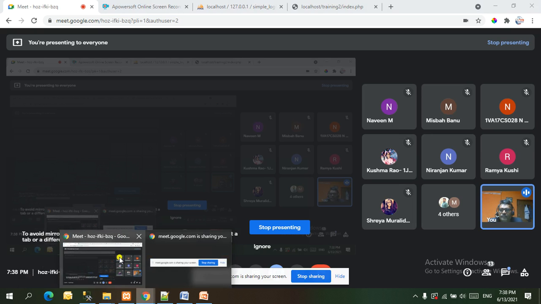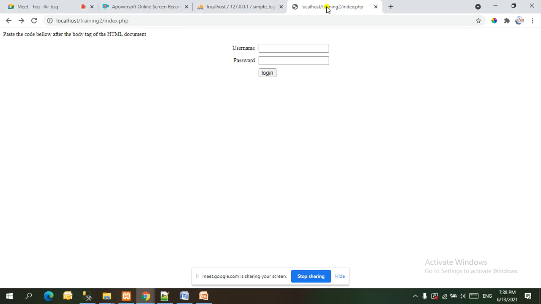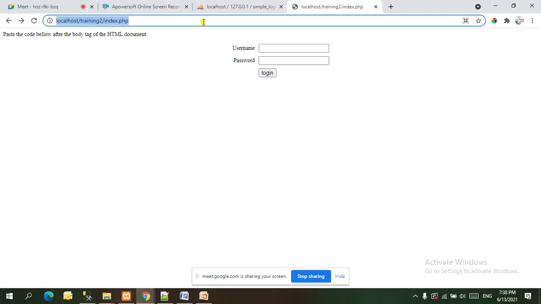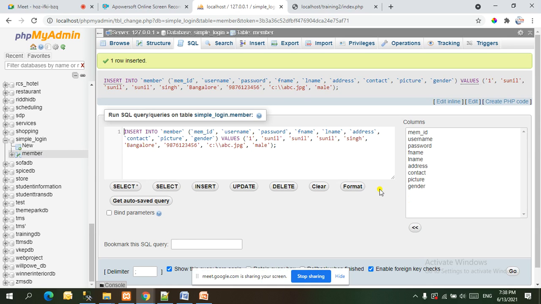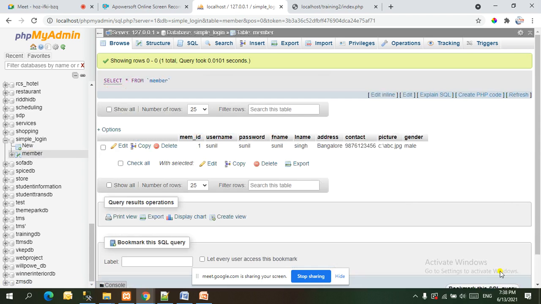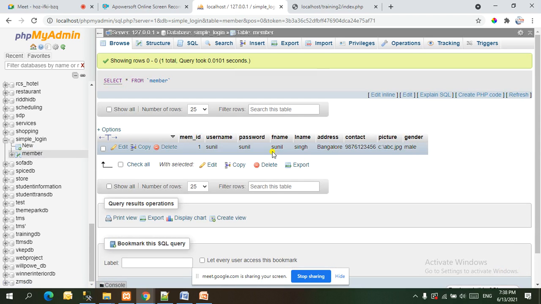See here, now we can try executing this program. So now we have one user, our record is inserted. Now if you click on the member table, you see one record. Fine.